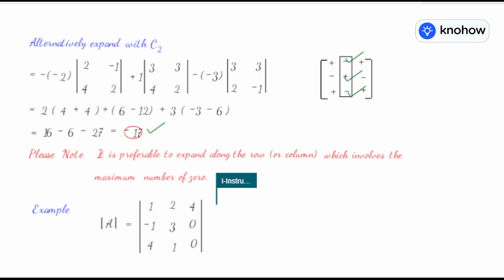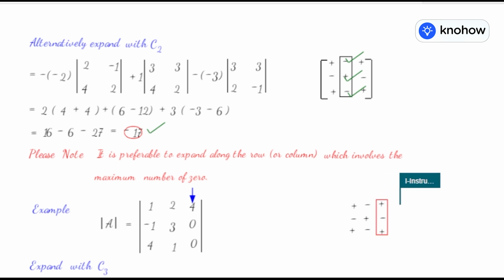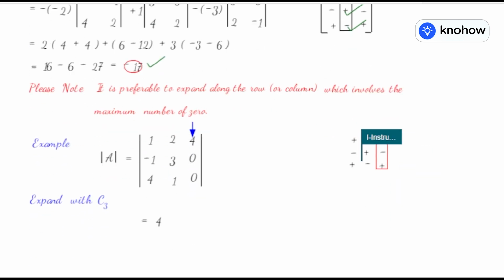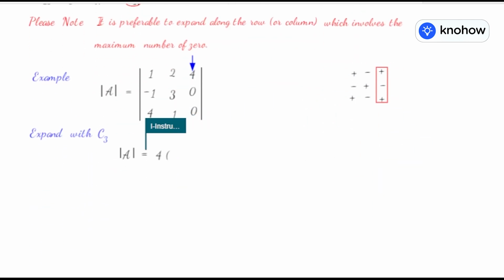It will be convenient to expand with C3, this third column. How do you expand it? You already know the sign convention: plus, minus, plus, minus, plus, minus, plus, minus, plus. So here it will be plus 4 times, the value of determinant A will be 4 times, delete the row and column through 4. So you get the product on the main diagonal,